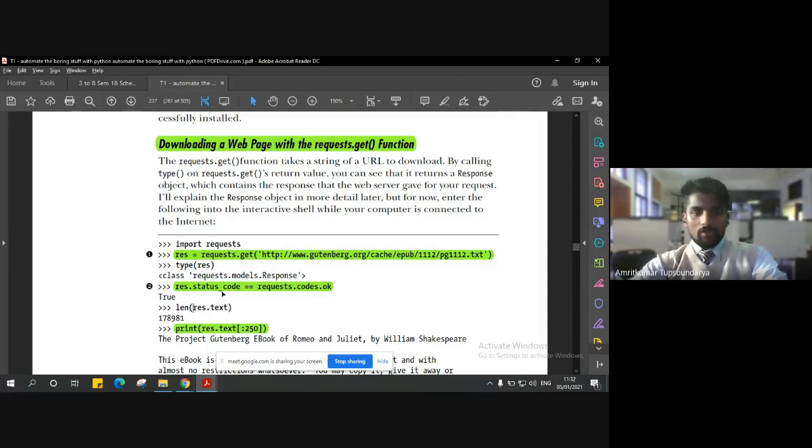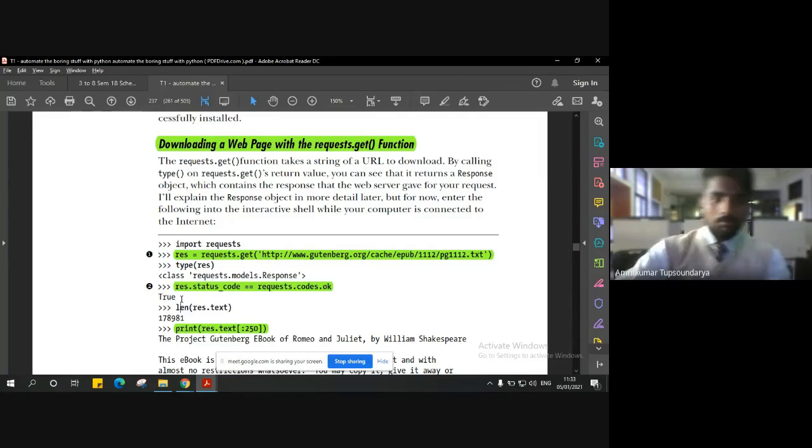If the status code is equal to requests.codes.ok, if it is okay, then it will return true. If it is not, it will return false. Right. So only if it is true can we say we are good to go to copy the content from that website to a particular document. In this case, it is the text document.